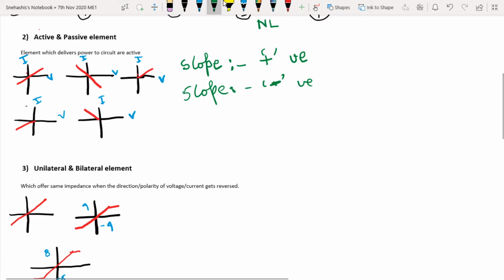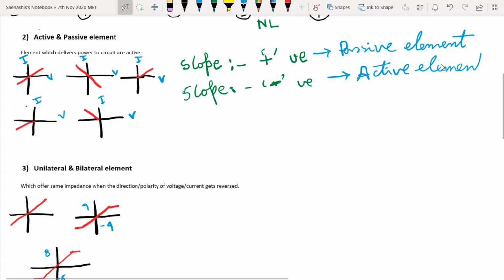You have to look at the VI characteristics. If the slope is positive, then it is active element. If the slope is negative, I am doing the same thing again. If the slope is positive, it is a passive element. If the slope is negative, it is an